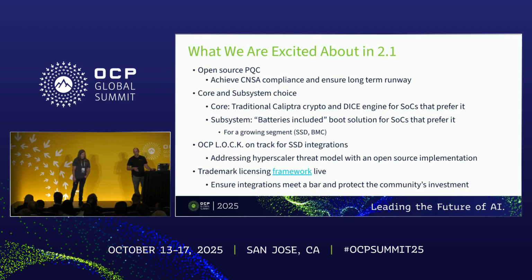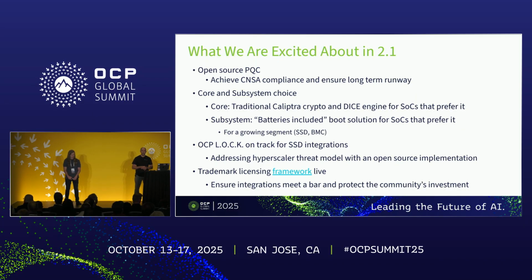In 2.1, which is the next thing, we should expect tagging in late Q4, early Q1. Open source PQC is, of course, one of the primary building blocks. Now we have clarity as an entire community. We have CNSA recommendations. We know where things are going, so those are getting implemented. ML-KEM and ML-DSA: you have an open source silicon implementation for that.